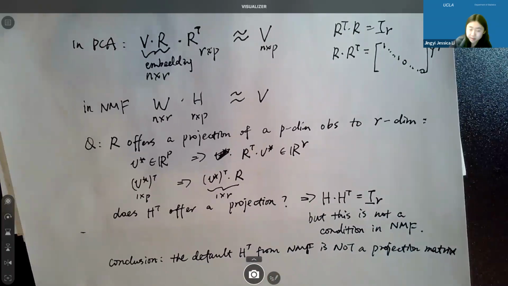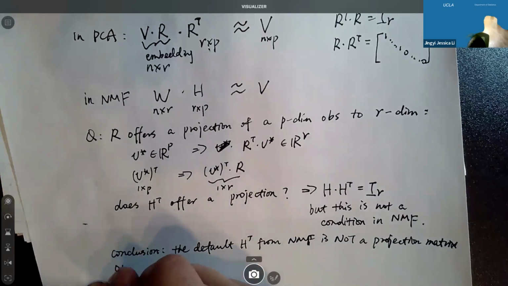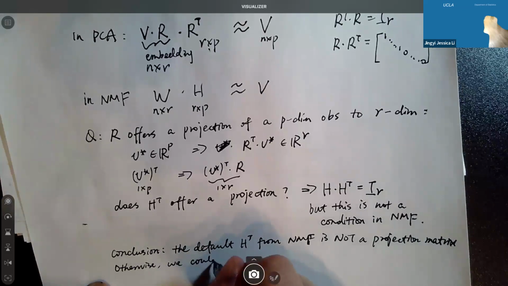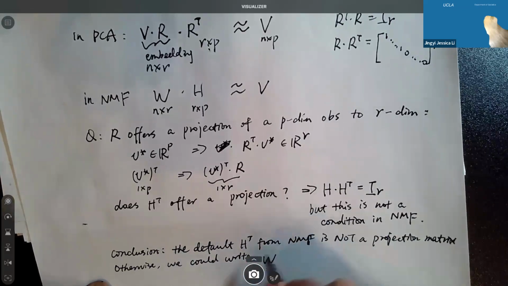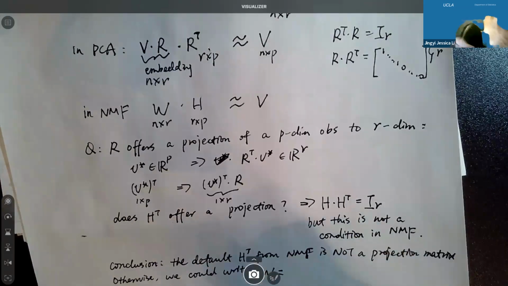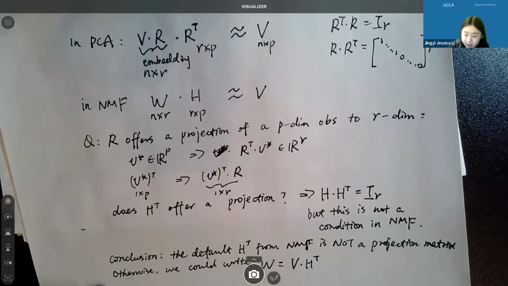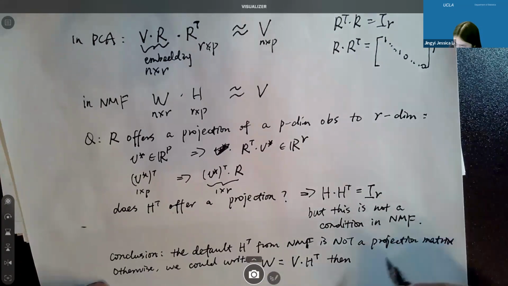Okay, because if it is, then we could rewrite W, the embedding matrix here, by analogy to PCA, just as V times H transpose. Okay, we could write this, and then we would have the objective